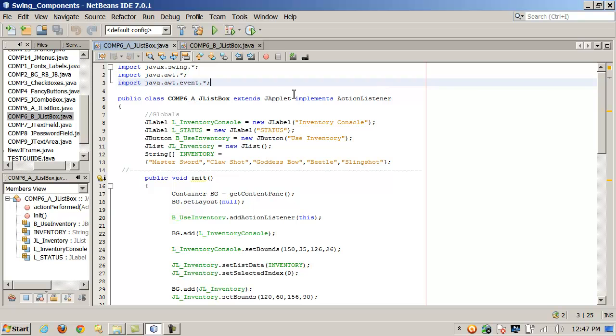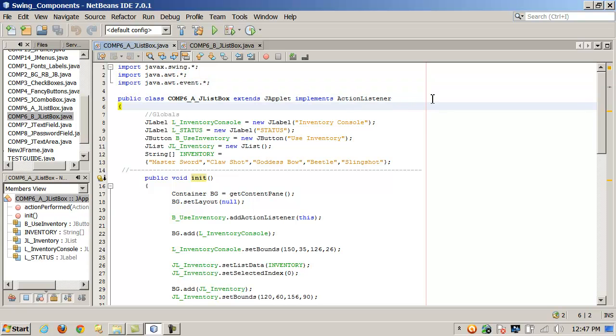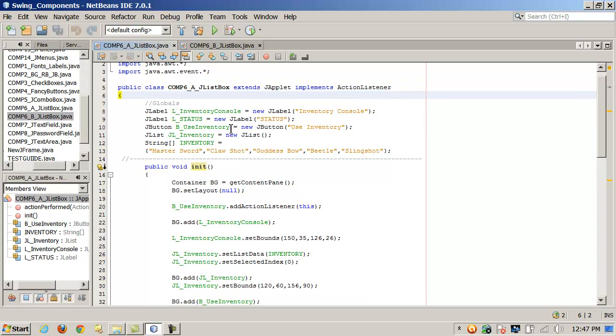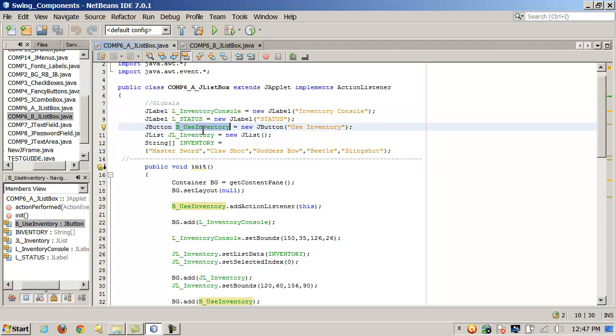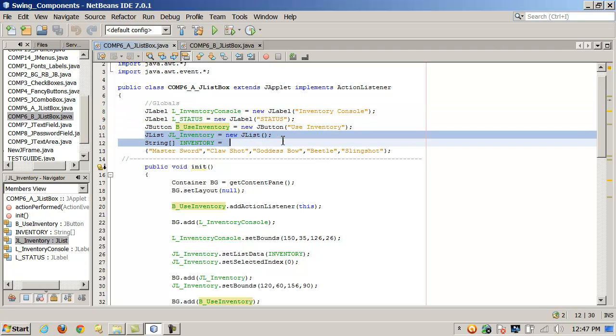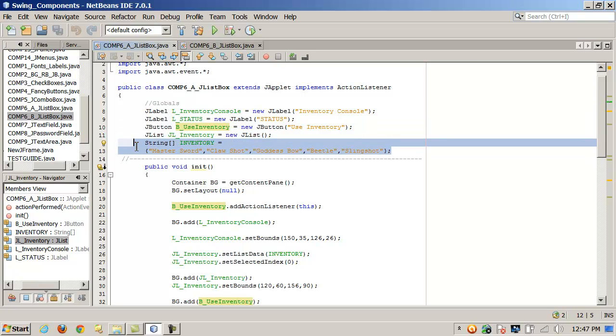We're implementing ActionListener and extending JApplet, and in this example, we're going to use a JButton. We'll add ActionListener to it, and when we click the JButton, we'll get the selected item from the JList. So the globals, or the objects we need, are some JLabels, a JButton for use inventory, and of course a JList object. And then the way we populate the options on the list box is with an array of type string. So in this case, these will become the selectable objects in the JList object: Master Sword, Clawshot, Goddess Bow,